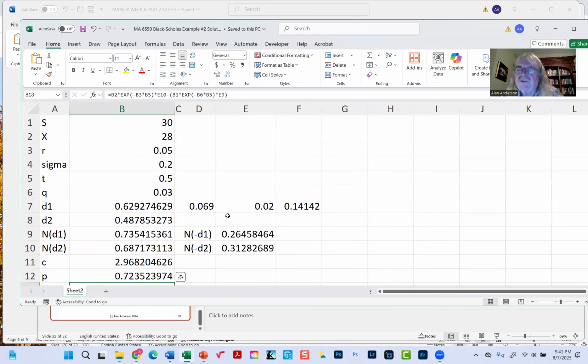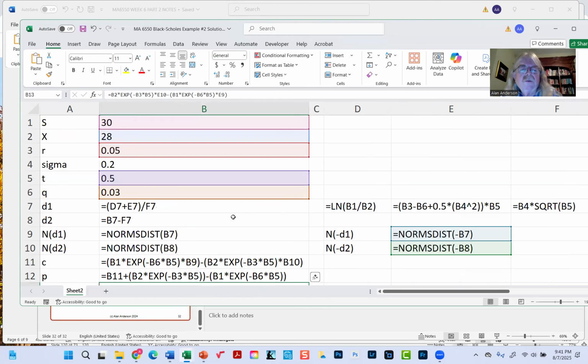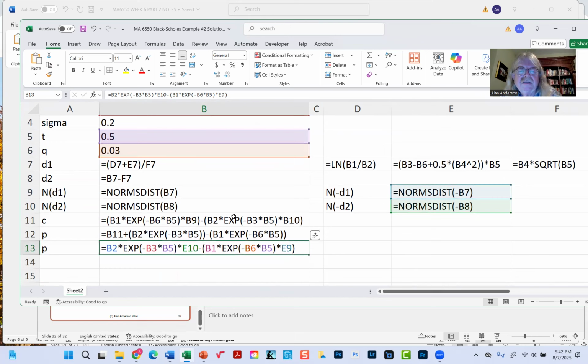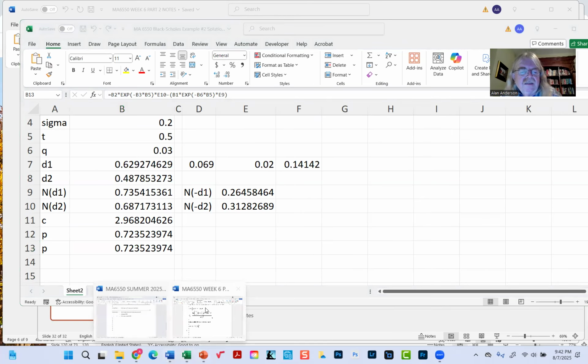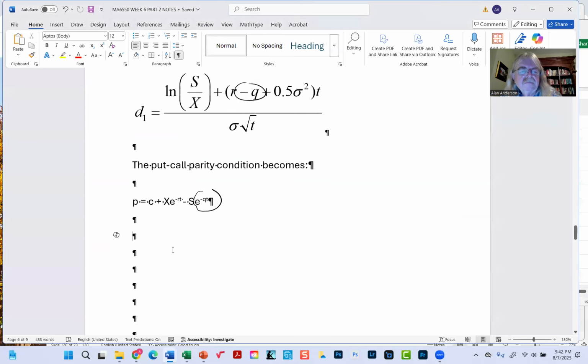By the way, there's a little trick I'm going to show you right now with Excel. If you want to see all the formulas at once, ooh, that was cool. What in the world did I just do? Well, I'll let you in on the secret. This is an Excel tip. To see all the formulas in the Excel spreadsheet at once,